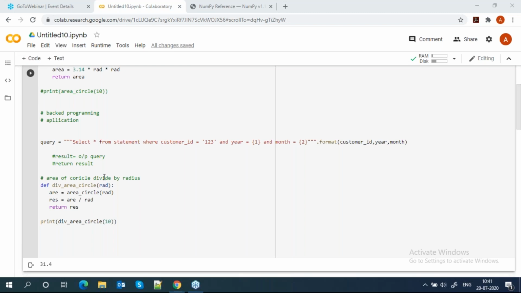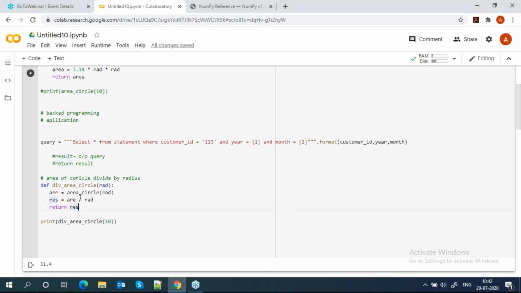Mostly, whatever logic we write is in the form of functions or methods only. What is a method, that I will also tell you.